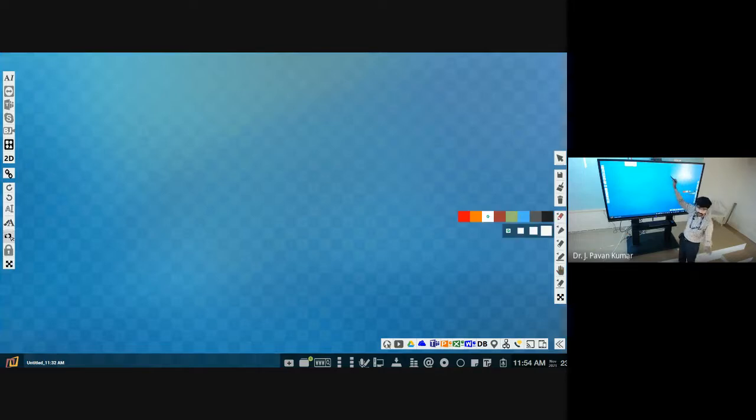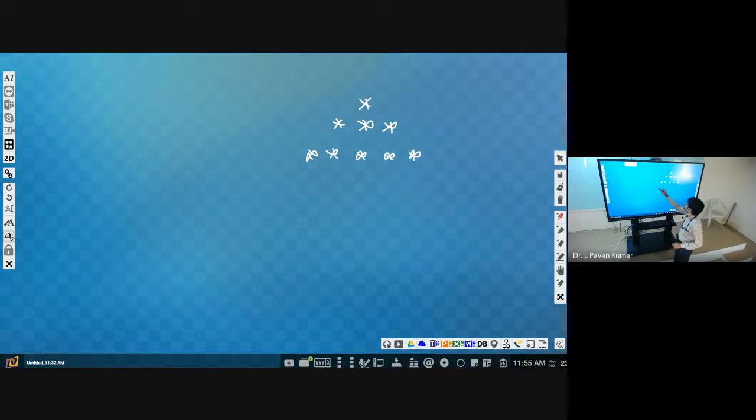Now you write a program to print the following pattern. Given input n is 4, then this should be the output. N is 4, that is the number of rows.